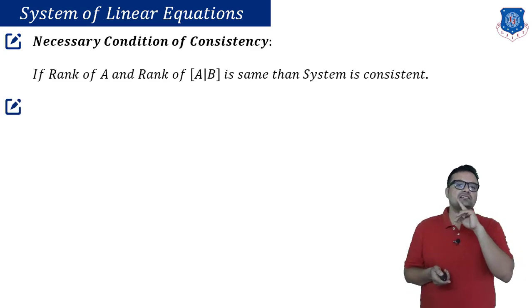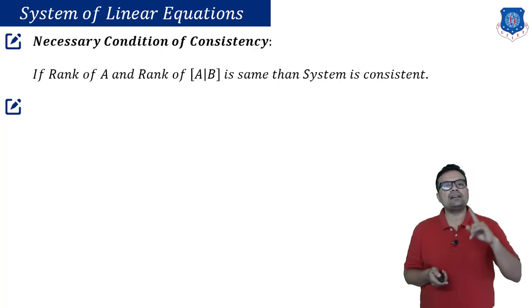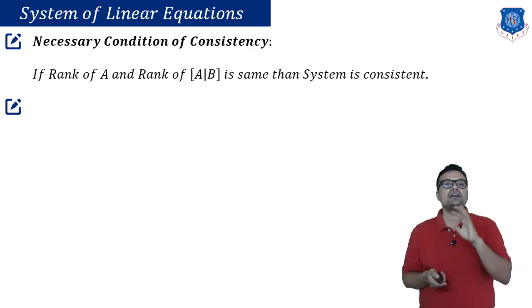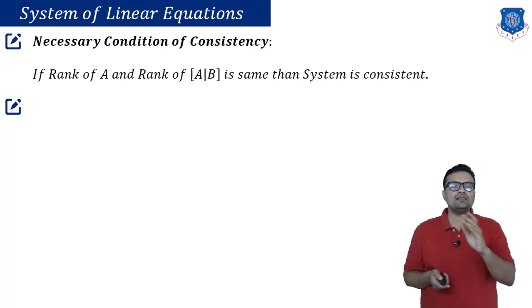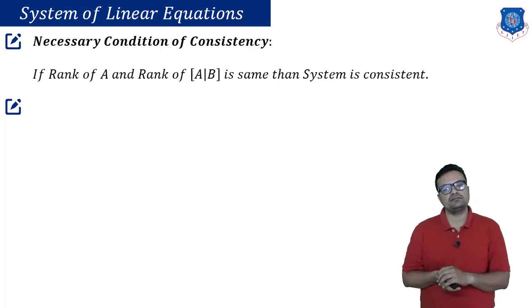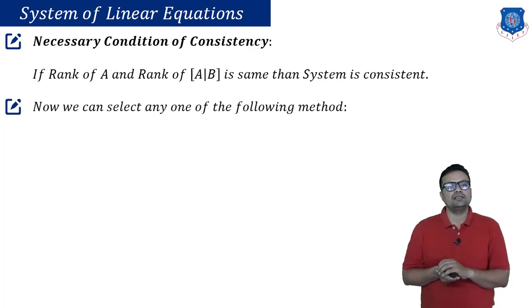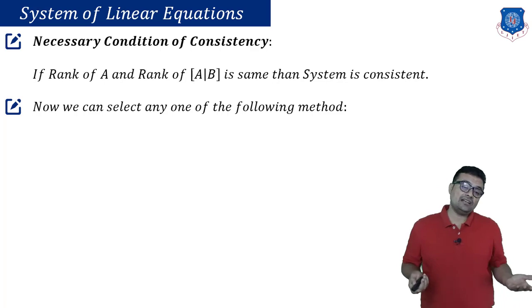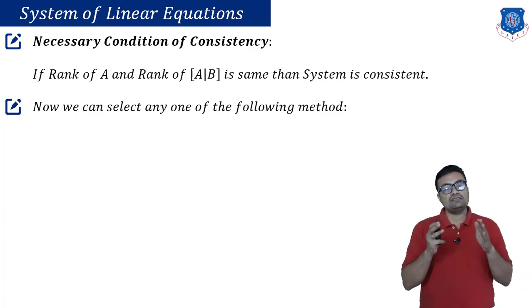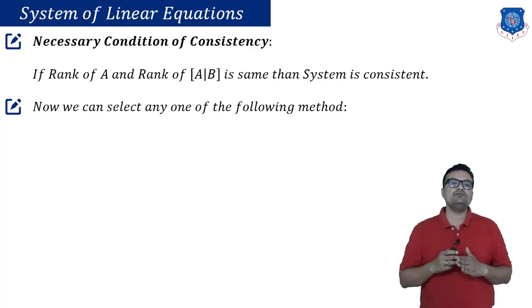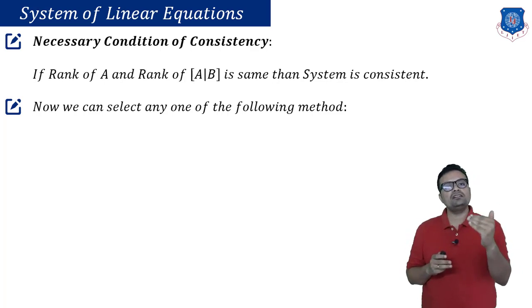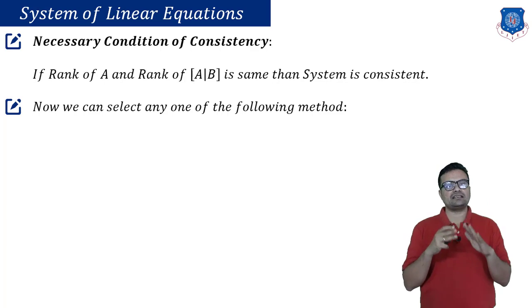So the condition is like this: if the rank of A and the rank of A augmented B remain the same, then and only then the system is consistent. Once we have the surety of consistency, meaning they are intersecting,